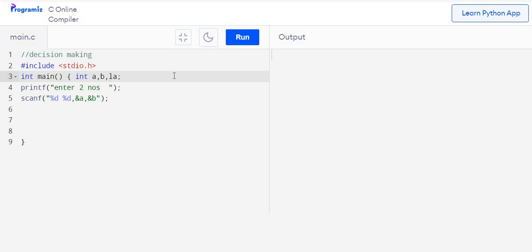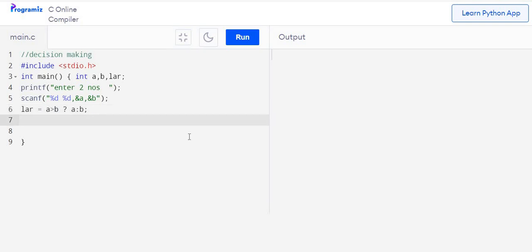Here lar is the largest of these. So let us generate this largest number. This largest number is equal to, now using the conditional operator, a greater than b. This is the condition. This condition is executed, and if it is true, then naturally a is big, so a is the value of largest. If this condition is false, then b is the value of largest. So if the condition is true, lar is equal to a; if the condition is false, lar is equal to b.